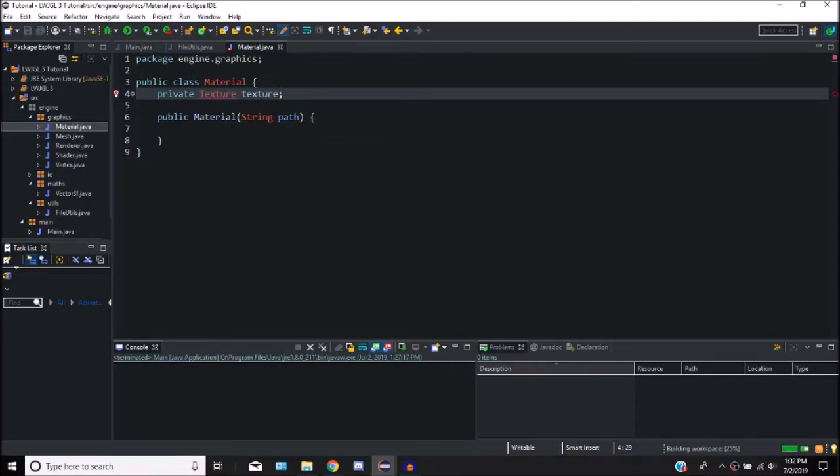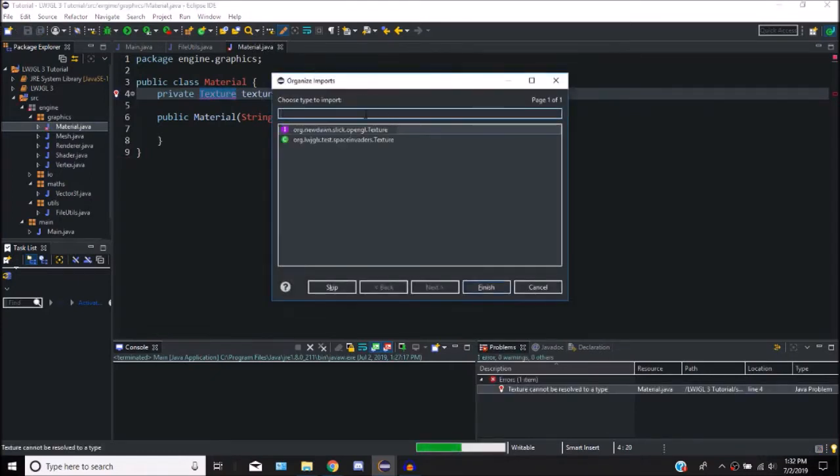Control-Shift-O. Okay, there it is. Had to save that, I guess. So now you have org.newdawn.slick.opengl.Texture. And you also have the test lightweight Java game library X, which is in the slick util jar. You don't need that. You just need the